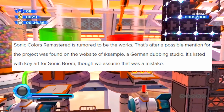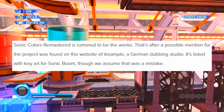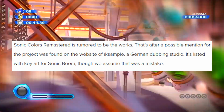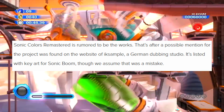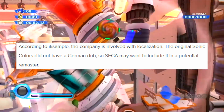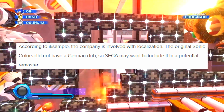Sonic Colors Remastered is rumored to be in the works. That's after a possible mention for the project was found on the website of iKeySample, a German dubbing studio. It's listed with a key art for Sonic Boom, though we assume that was a mistake. According to iKeySample, the company is involved with localization. The original Sonic Colors did not have a German dub, so Sega may want to include it in a potential